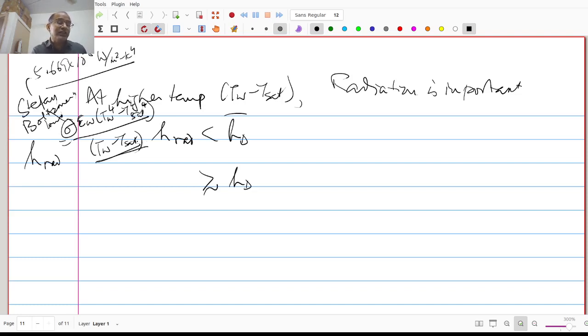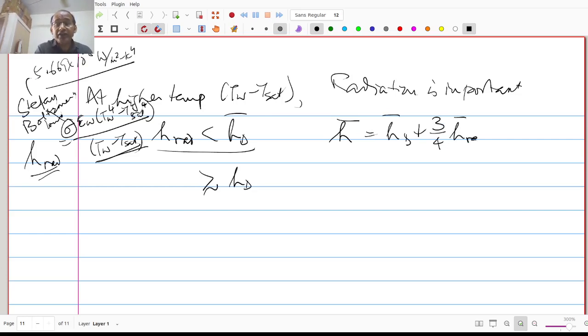So basically you say H rad into T wall minus T sat is the radiative flux, and that is equal to this. So you calculate what is called the radiative heat transfer coefficient. So this, if it is less than H bar D, you can use the effective heat transfer coefficient, which will include both convection and radiation, can be written as H bar is equal to H bar D plus 3/4 of